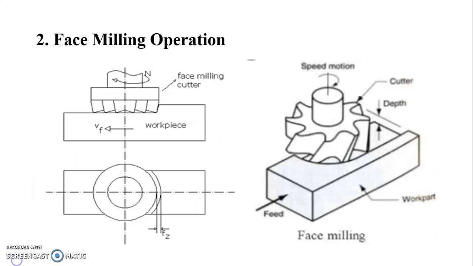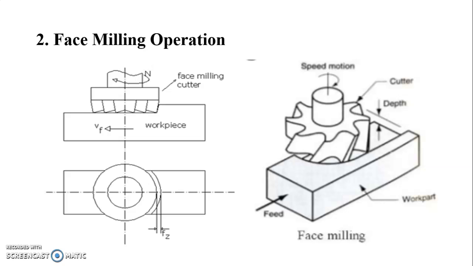So we will see next, that is the face milling operation. So again, in face milling, it is the milling of surfaces that are perpendicular to the cutter axis. Face milling produces flat surfaces. This operation is performed by face milling cutter mounted on a stub arbor of milling machine as shown in figure. So the peripheral cutting edges of the cutter do the actual cutting, while face cutting edges finish up the work surface by removing a very small amount of material.